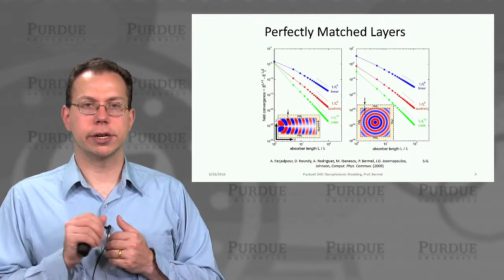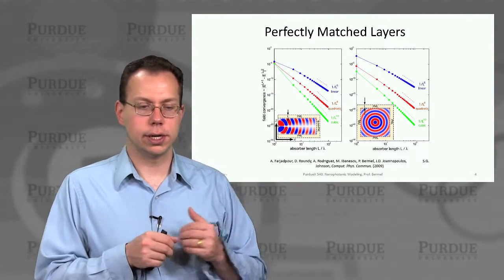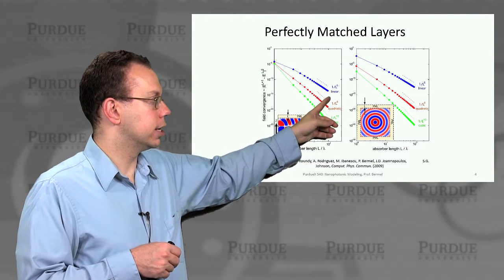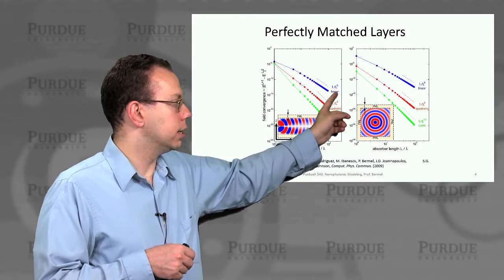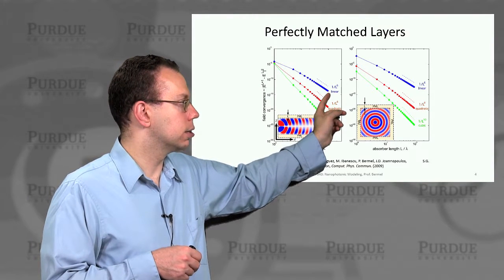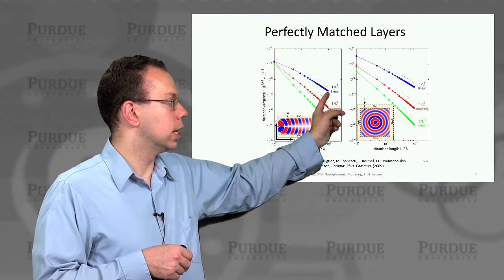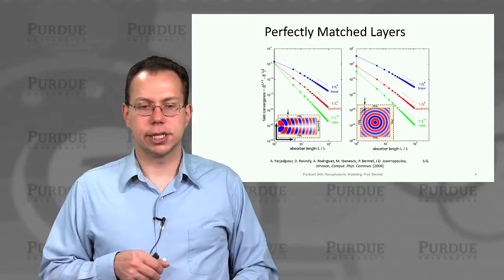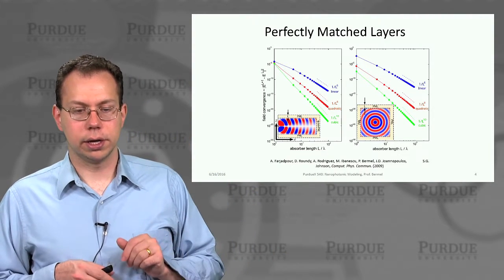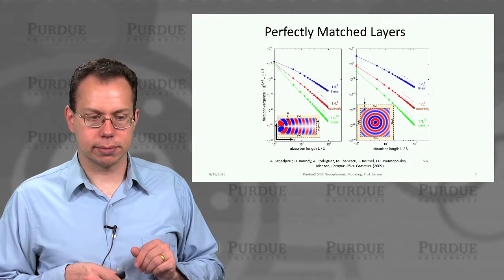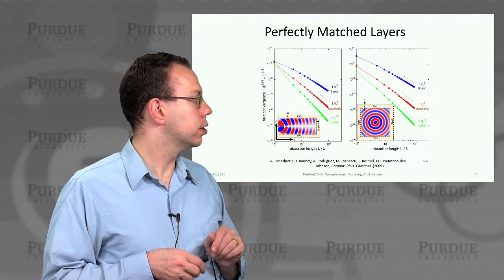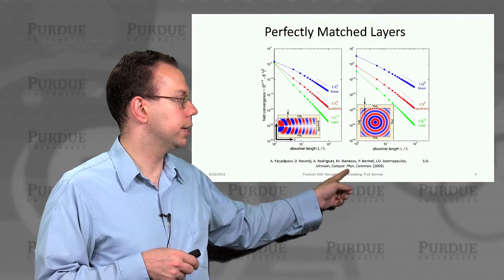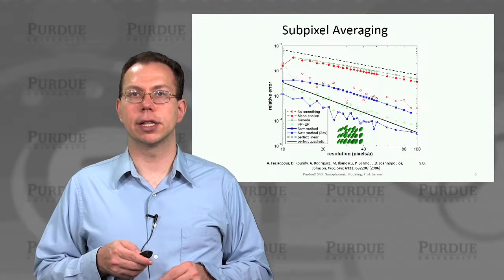And so the overall scaling goes like 1 over L to the 6th. So you can see that once you get to an L value with respect to lambda on the order of 100, then the back reflection is really, really small, on the order of 10 to the minus 12 or so. But if you have a quadratic or even cubic relationship, it's even better. In fact, it can be as low as maybe 10 to the minus 28 or so. So it's very, very low. And this is discussed explicitly in this paper in Computer Physics Communications.